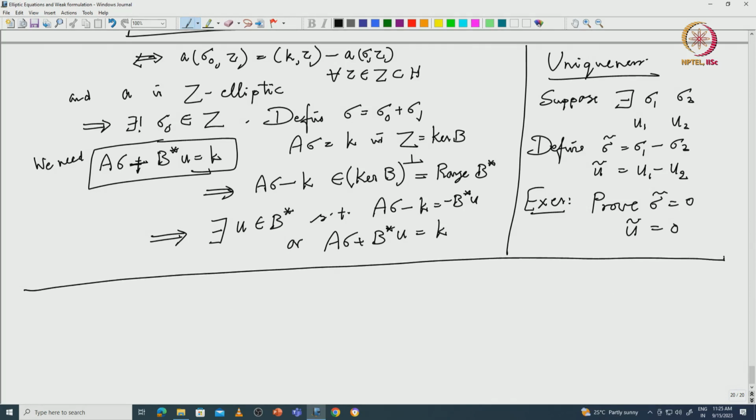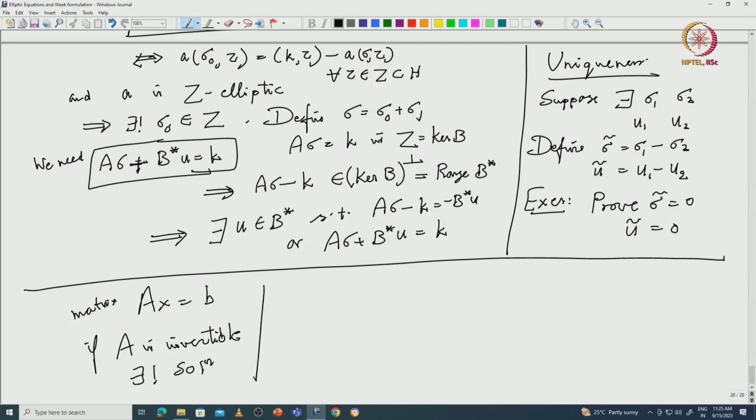So, go through the proof and understand it. In an infinite dimensional setup these things may be new, but in the finite dimensional setup this is not completely new, because suppose you want to solve Ax equal to b, for a matrix A. Then if A is invertible, I think I made this remark already, but I am making it once more: if A is invertible then there exists a unique solution,